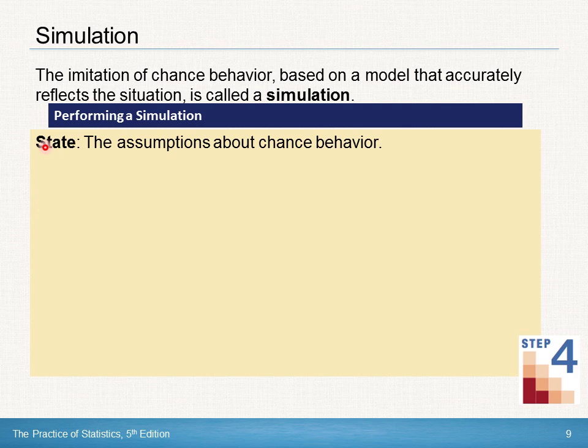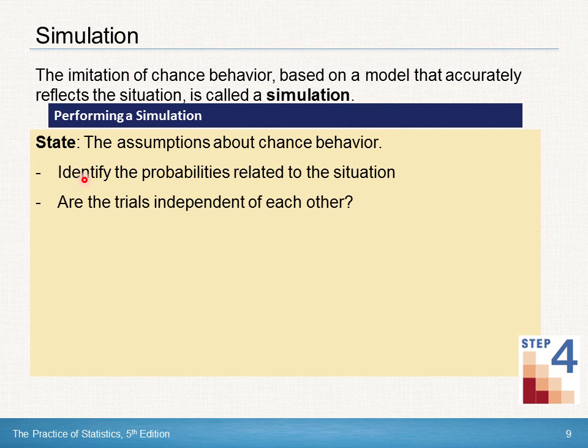So in order to perform a simulation, number 1, we're going to state the assumptions about chance behavior. What does that mean? What is the probability that I'm going to have to go to McDonald's 10 times to get all 10 pieces for the Monopoly game? That's identifying the probabilities related to the situation. Then make sure we understand that the trials are independent of each other. So for example, when I